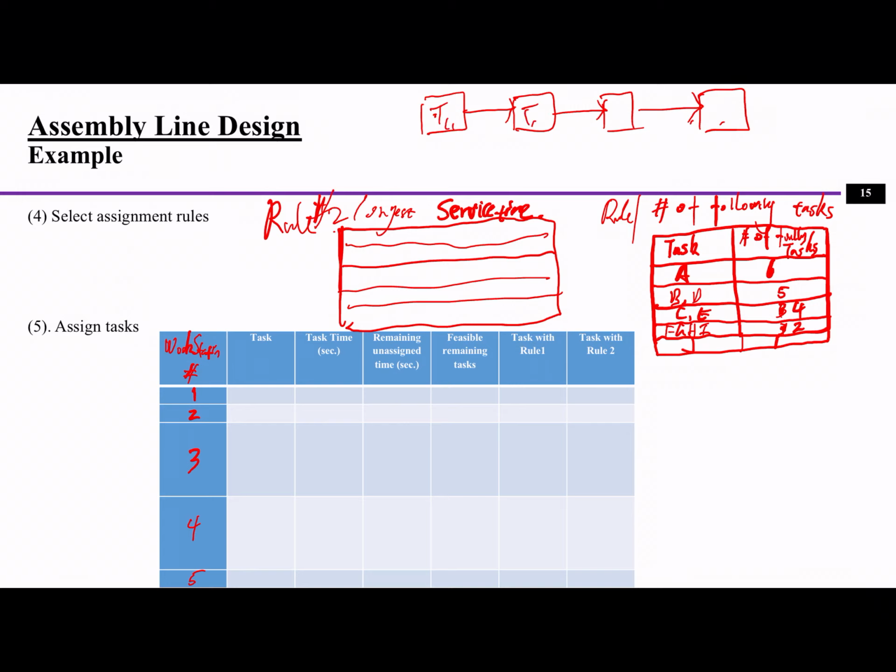This is TC1, TC2, TC3, and TC4, right? Which one has the highest cycle time? For example, TC3 has the highest cycle time. Then the whole production system's cycle time will be TC3's, right? So the longest service time. Longest service time. So in this case, what we're going to do is put different tasks into